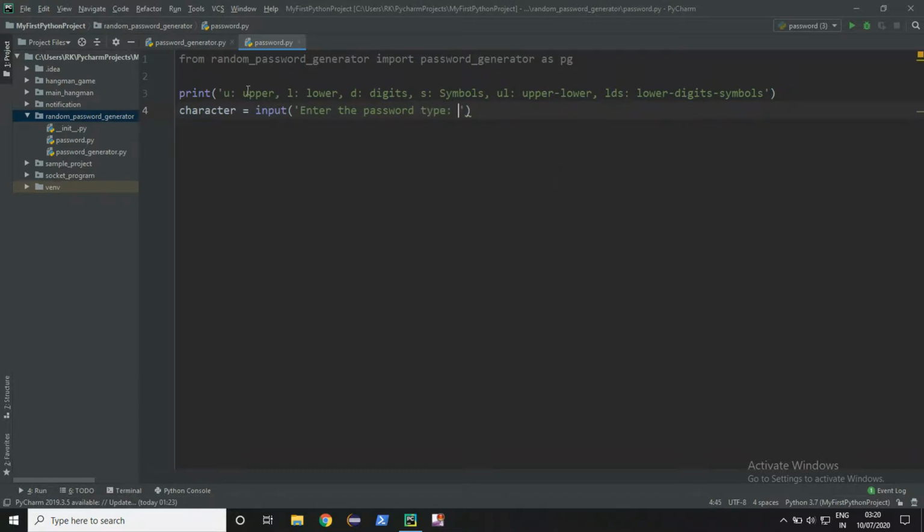Here the user can choose U for uppercase, L, D, S, or a combination of these for this character. And for length we will use length input, length of password.